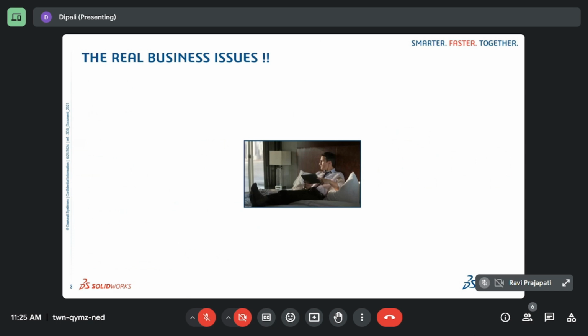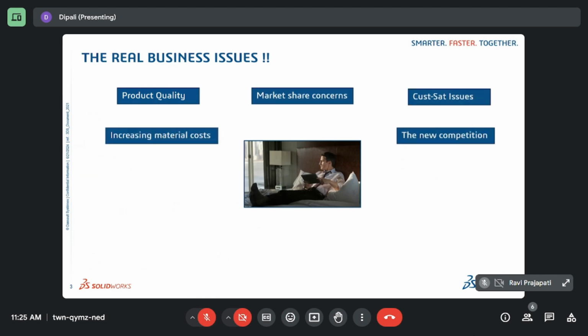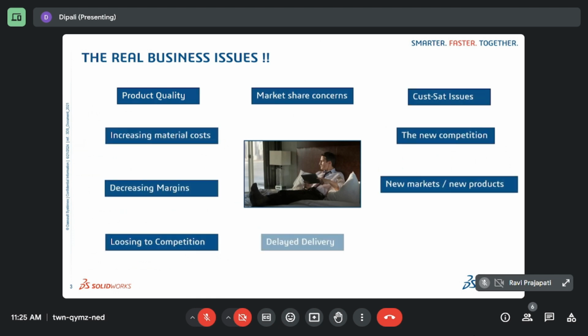So let's begin with the real business issues. At present, many Indian engineering companies are facing various business issues due to the global competitive environment. Okay, these issues are product quality, or say market share concern, or say customer satisfaction issues, increasing material cost, or say new competitions, decreasing margin, and then delayed delivery, warranty cost, etc. Okay, so